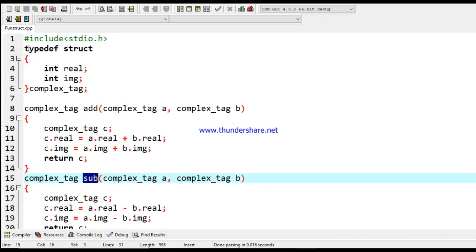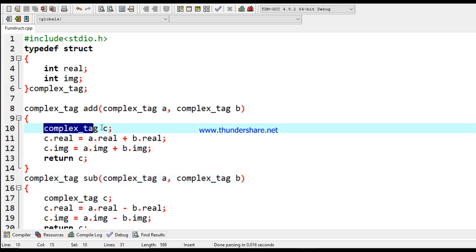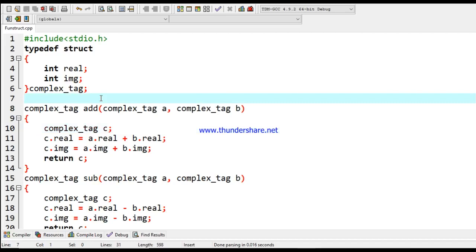Remember that the structure definition has to be written globally in case you want to create any instance of that structure inside the functions. So that marks the end of this topic of structures. I hope you have understood most of the portions of it.